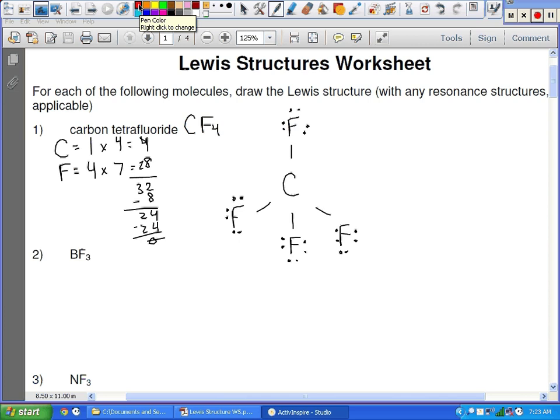The first thing I'm going to do is list the model, what model this fits. Then I'm going to list the shape, and I'm going to do this for every single one of them, but I'm not going to label it every time like this. I'm just going to write all the answers down. The angle, the hybridization,